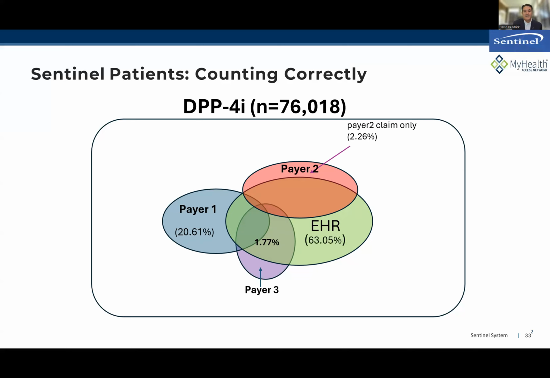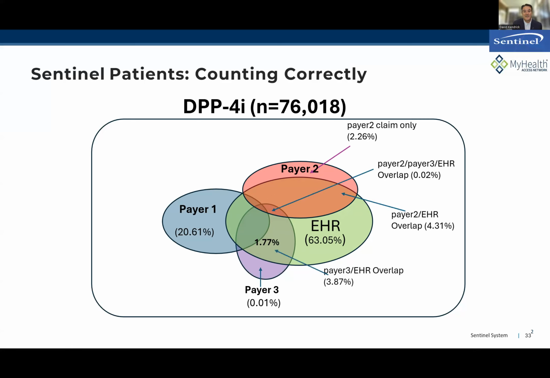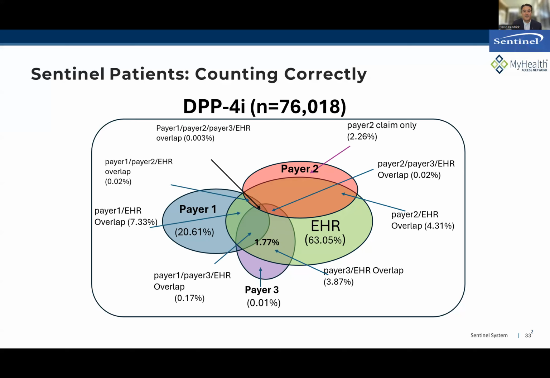And you can see that 63% of the individuals included in the study didn't even appear in any of the 3 claims data sets. And so let me just fill this in so you can see, as we start to look at the overlapping parts, this was, to me, a very enlightening way to look at this data, because really we should be looking at the longitudinal, as much as possible, story on individuals and the most comprehensive data possible. This shows what might have been ignored in the past when looking at these data sets.